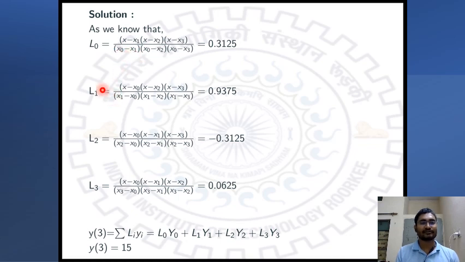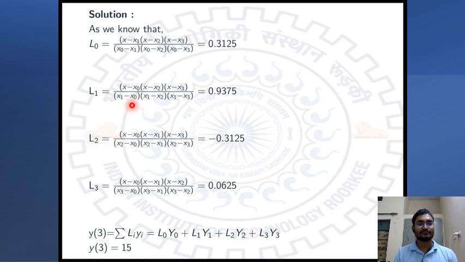Similarly, you can find the L1 term, that is L1 equals x minus x0, x minus x2, x minus x3, and as we discussed, you just need to skip the term by subtracting x minus x1, and here x minus x2, here x minus x3, and in the denominator part